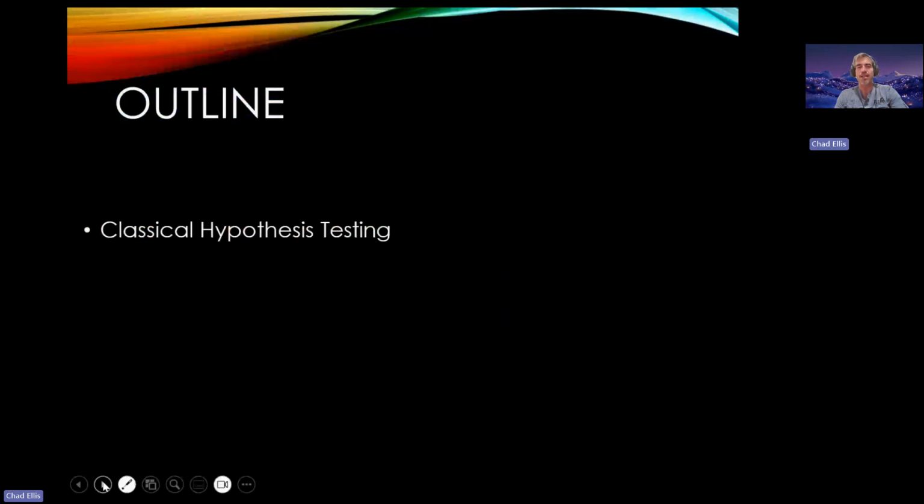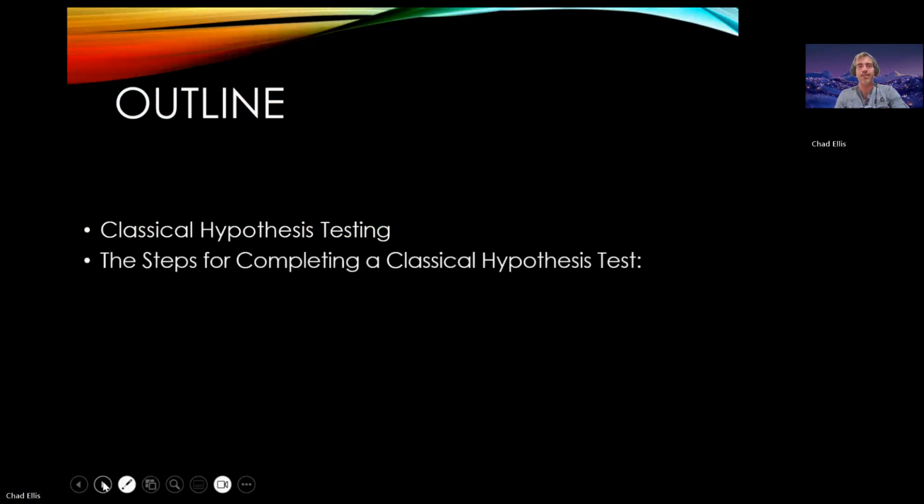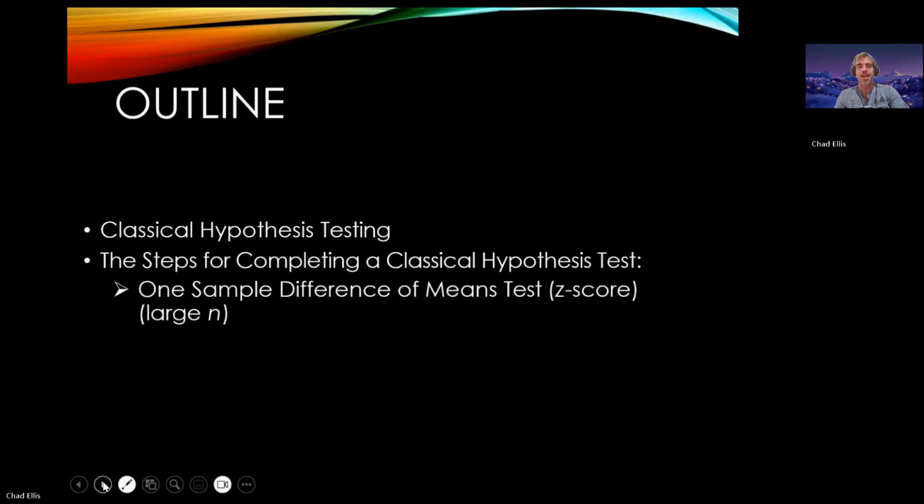How do we formulate and set up a classical hypothesis test, and how do we carry out the calculation and determine our hypothesis testing? So we're going to look at the 6 steps for completing a classical hypothesis test, and we're going to be using 2 distributions to calculate what's known as our test statistic. So we're going to be using a z-score for very large sample sizes,